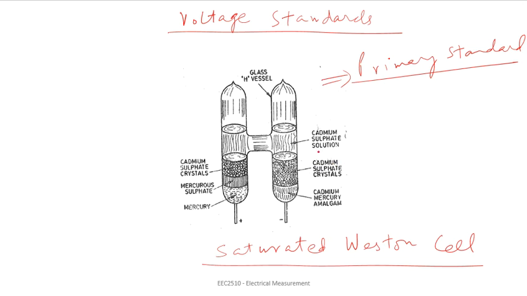You can see that cadmium sulfate is acting as the electrolyte, and the paste of mercurous sulfate is placed on the top of the mercury. So this is the mercury, and this is the paste of mercurous sulfate placed at the top of this cell. The cell reaction which generally takes place here can be written as